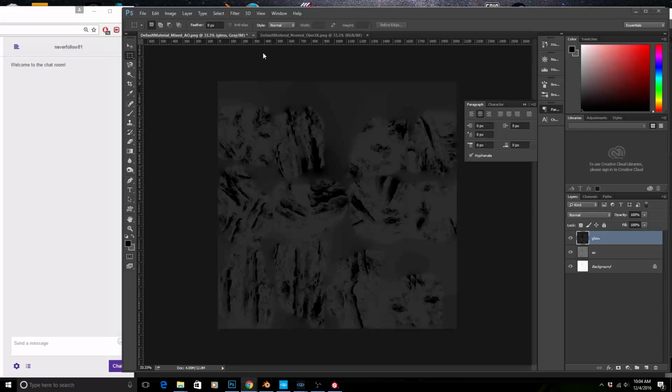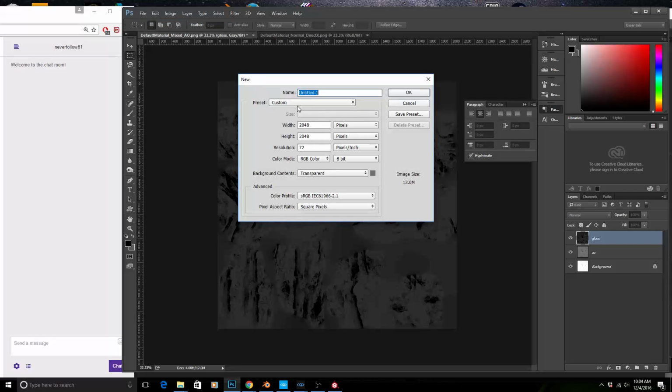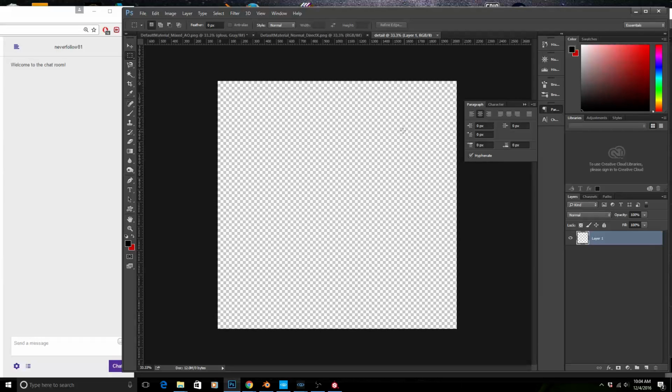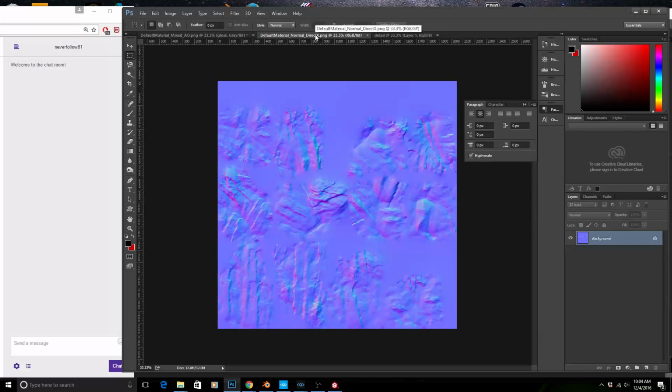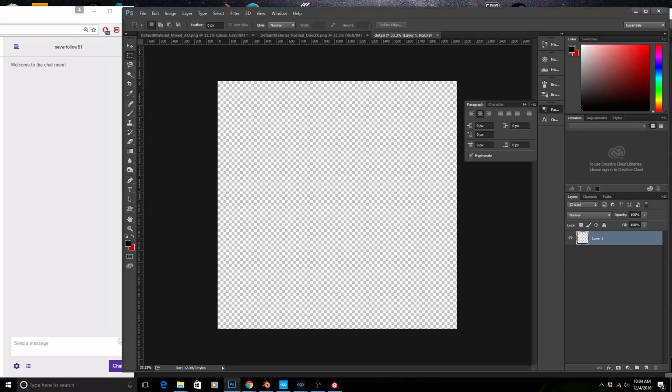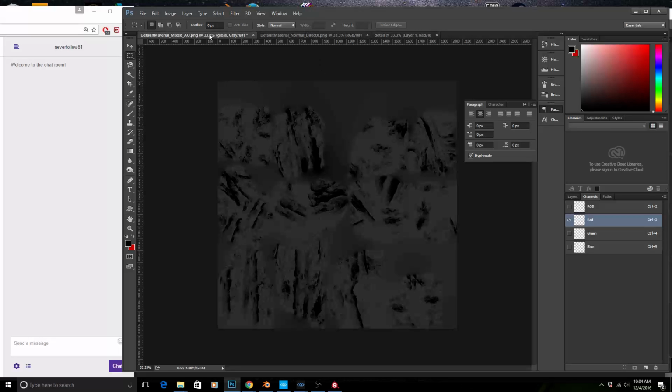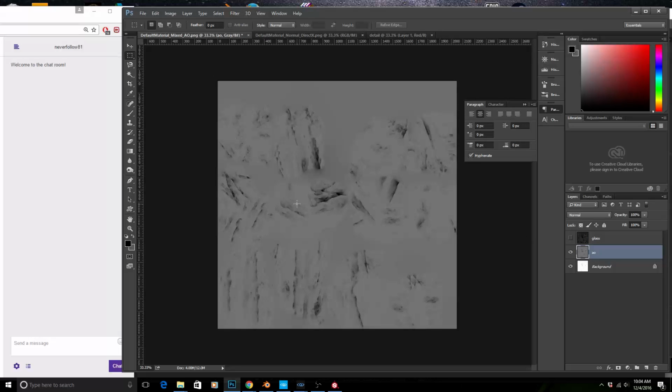Alright, now the fun part comes in. Let's create our detail. So it's going to be detail, same size, okay. So let's start off with the red channel. So in the red channel we have the AO bake of the sculpt. So let's go into AO and select this, Control C,